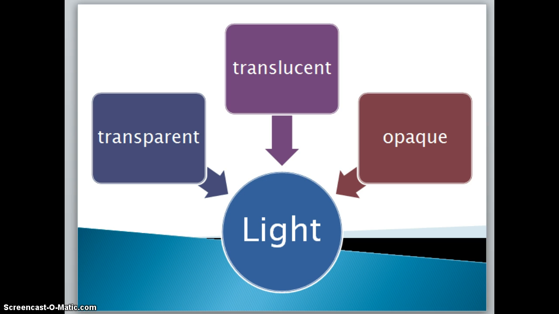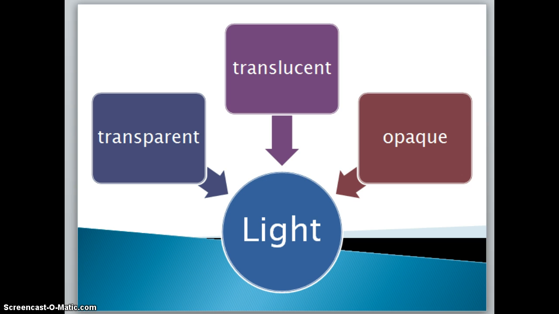When we talk about translucent, as light passes through a translucent object, light will scatter. And usually you can see something behind that translucent object, but sometimes the details are blurred. So if you think about like wax paper or even tissue paper, those would be good examples of translucent type